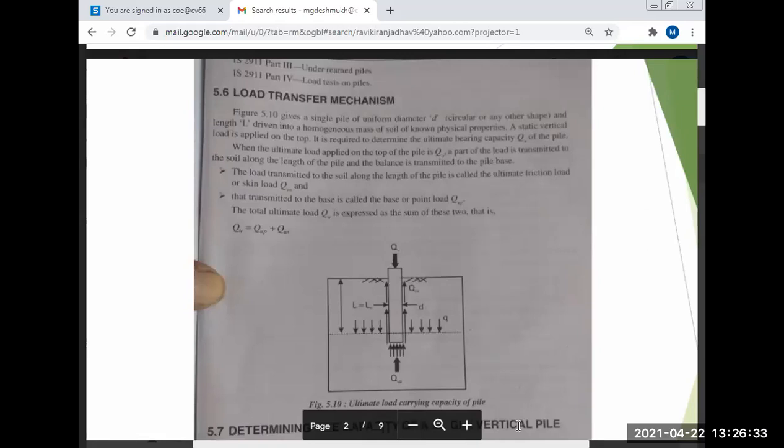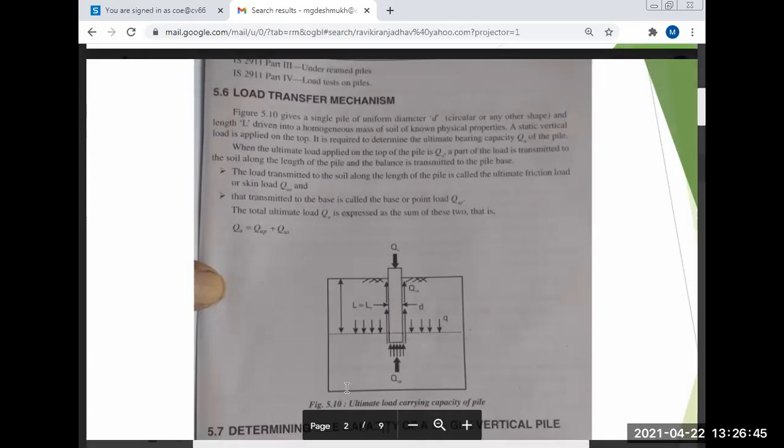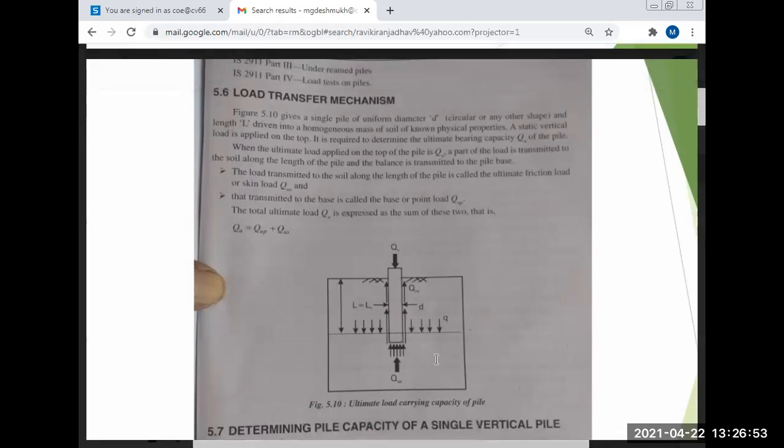Our aim is to transfer the load of the superstructure to the soil. तो यहाँ पर भी हम वही काम कर रहे हैं। इस पाइल के ऊपर ऊपर से लोड आता है और उसको हमको नीचे ट्रांसफर करना है, रेजिस्ट भी करना है। तो लोड कैसे ट्रांसफर होता है, there are two ways. One is the load is transferred through the pile and it is resisted at the bottom